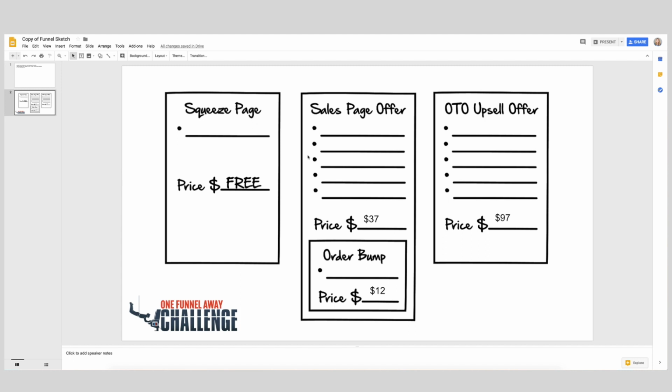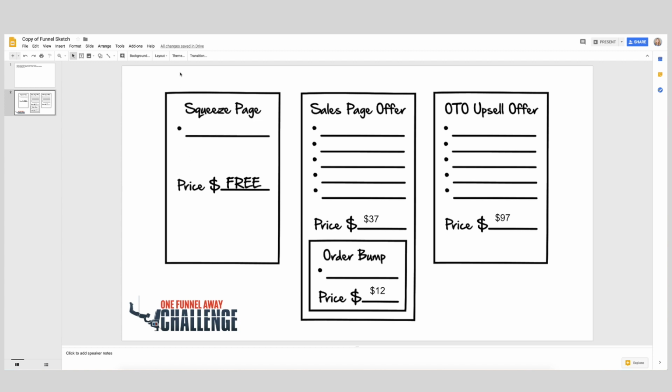This is about what to do when your funnel doesn't work, or maybe more specifically, how to actually determine if your funnel is working or not. So I created a funnel sketch here with a $37 sales page and then a $12 order bump and then a $97 OTO. So let me give you some benchmarks and some ideas of how to tell if your funnel is